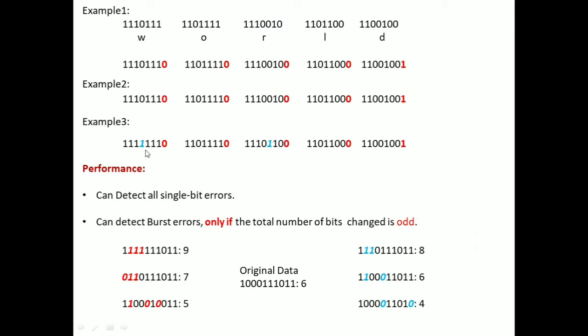Let us assume that the receiver has received this information as shown in example 3. So now see here, the fourth bit is originally 0, but after transmission the receiver has received that the fourth bit is 1 in the first block, and in the second block we got the correct one, and in the third block again the fifth bit is actually 0. Now it is transformed to 1 due to noise, and the fourth block is okay, the fifth block is also okay. So now what happens?